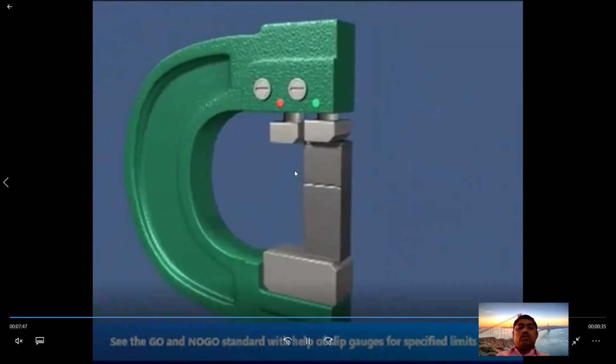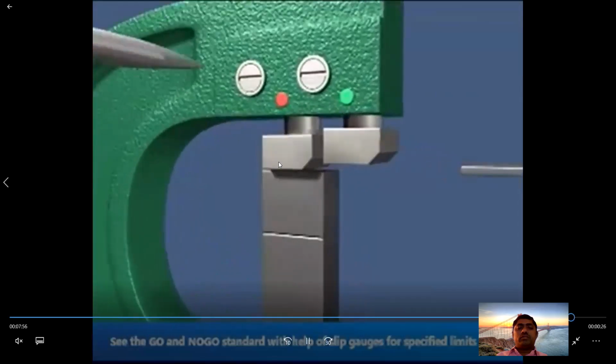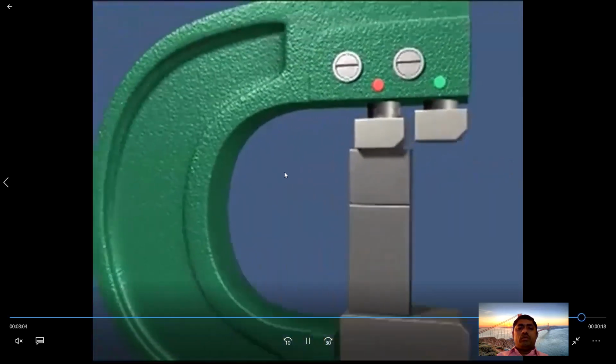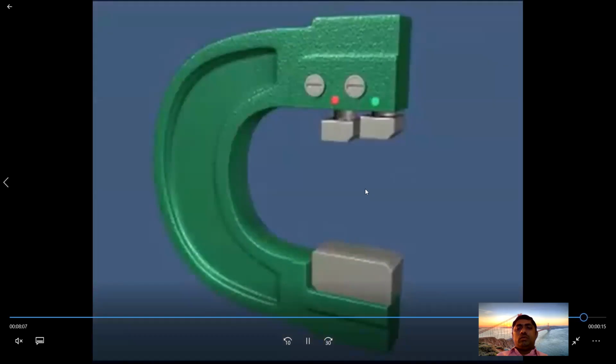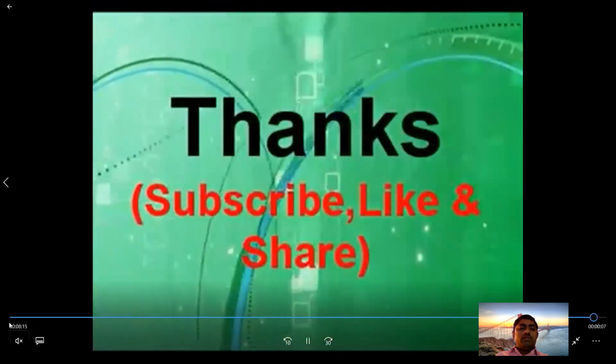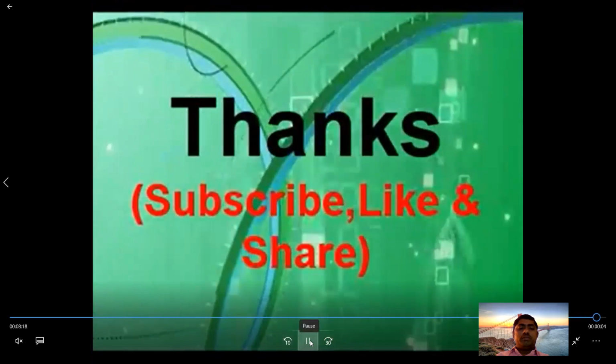Similarly, the lower limit is also set for the rear anvil. Then we use this arrangement for checking the maximum metal and minimum metal limits.